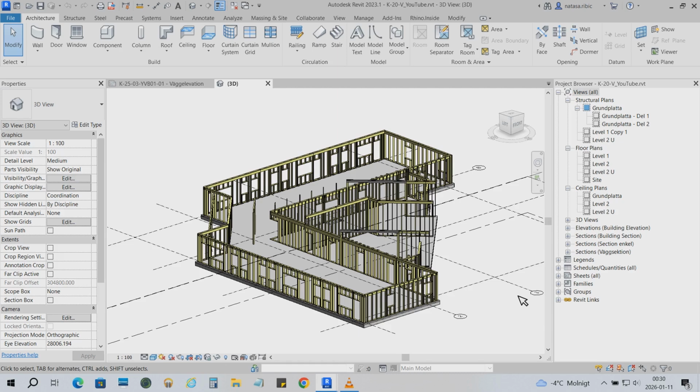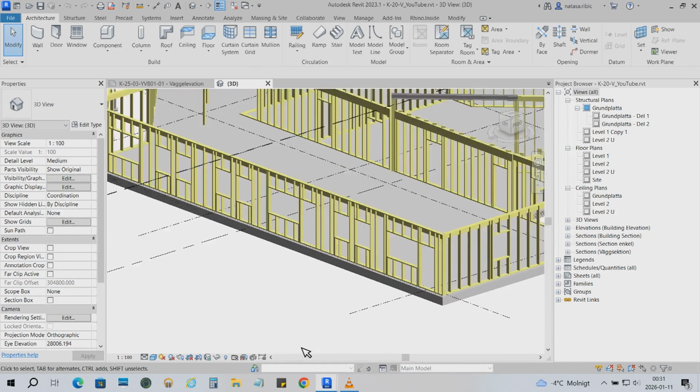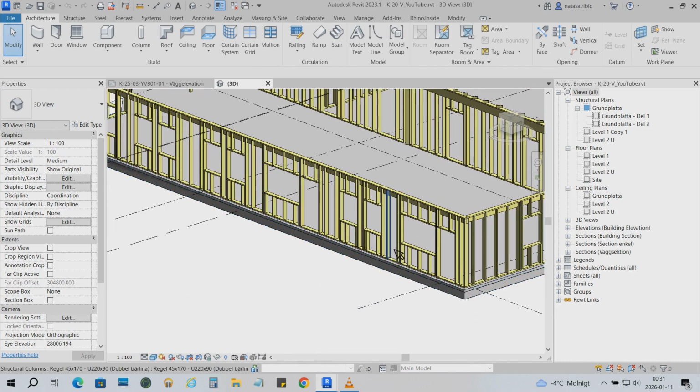Hey, in this video I'm going to show you how you can make a 3D model in Revit using RhinoInside and simple parametric logic in order to place a large number of vertical wooden joists, binders and horizontal frames with far fewer clicks. If you place a large number of wooden joists and wooden elements the traditional way in Revit, it quickly becomes tedious. You end up clicking and adjusting each wooden part manually, and it is hard to see the